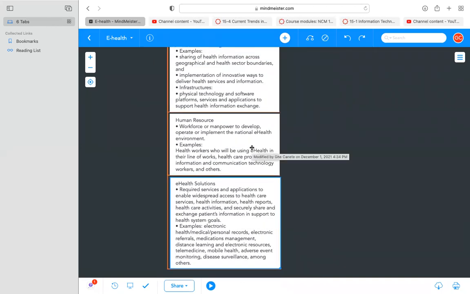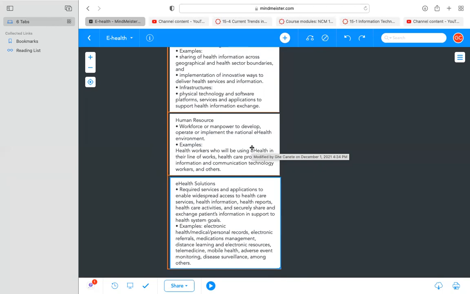For human resources as a component, of course, we need people. We need manpower to be able to plan on what kind of technology can be used to facilitate effective and efficient delivery of healthcare. And that's why we are integrating nursing informatics also in the curriculum with the hope that in the future, nurses in the Philippines will be able to contribute more in these e-health initiatives. Because after all, we are one of those in the front lines of care. We know better our patients because we spend more time with the patients.